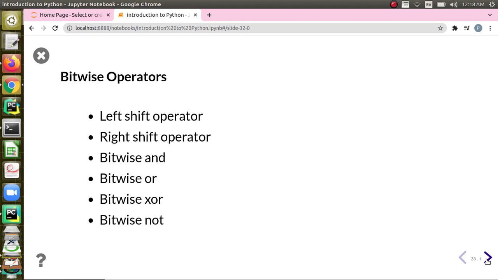Now the bitwise operators. What are bitwise operators? As we discussed earlier, the system is an electronic device which can store data and understand only zeros and ones basically. So these bitwise operators work at the binary level. The native language of a computer is a binary representation of data, and instructions are also in binary representation.